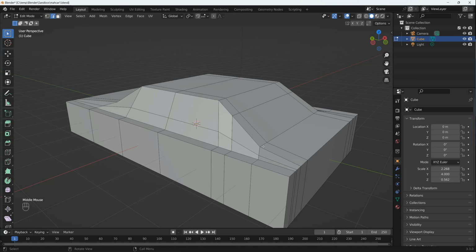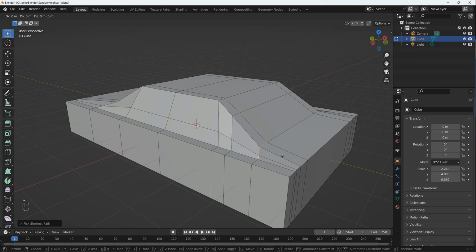So first of all, we'll select, say, these edges. So I'm in edit mode, edge select. If I now do plain old G, then there's no constraint about where I can move that. If I do a GX, let's see what that gives. That's that kind of thing. If I do GZ, say, we got that kind of thing. If I do a GY,